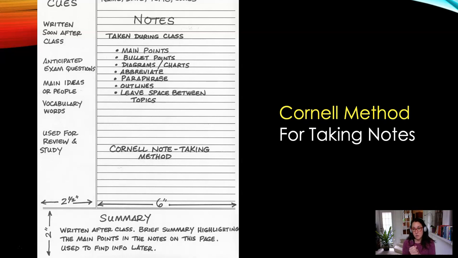Not everybody likes to take notes using their laptop, but others really do, and others find it really useful, and for a variety of reasons that might be your best option. So I leave that to you. I'm going to describe this in terms of written notes using a pen and paper or a pencil and paper